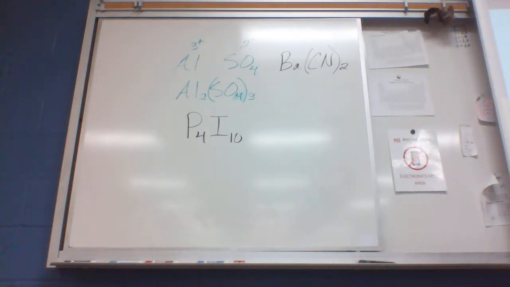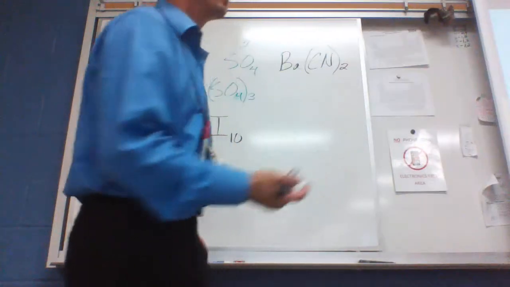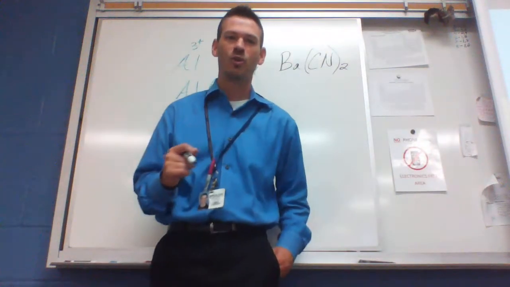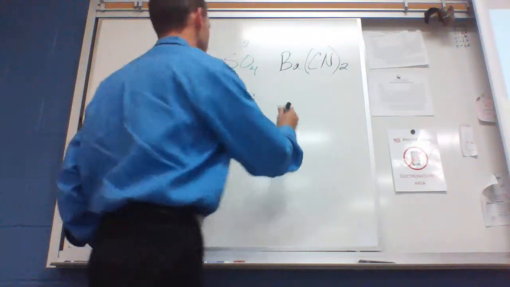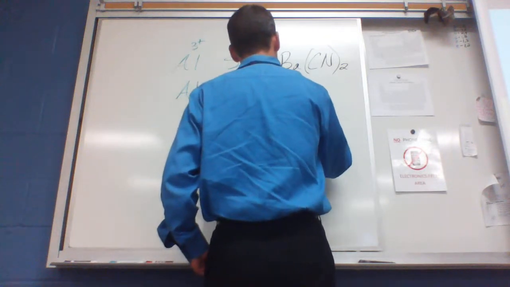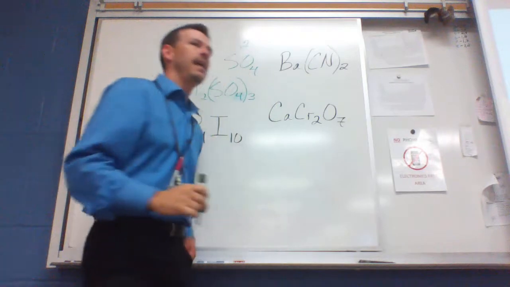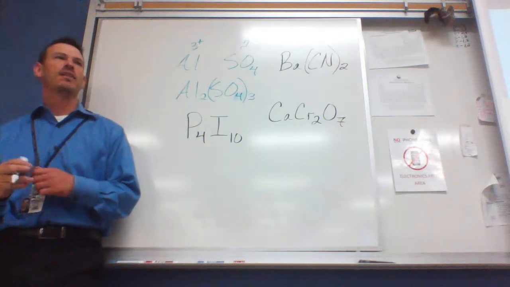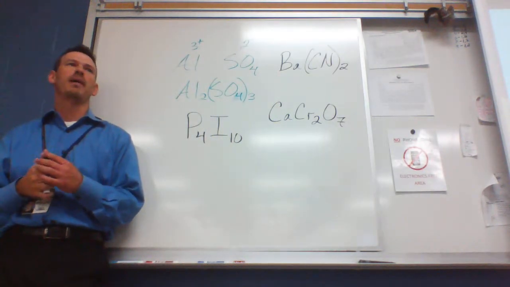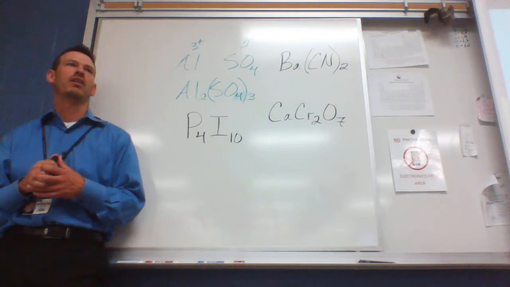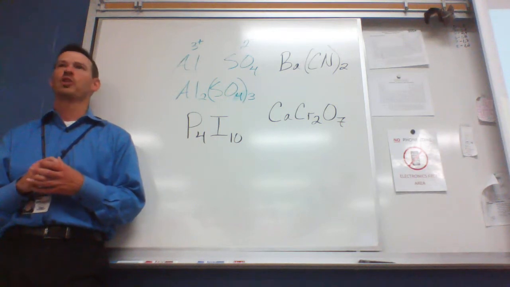Let's go to cluster 3, seat 4. I don't know what's happening. What did you get for calcium dichromate? I got CaCr2O7, that is correct. Calcium is +2, dichromate's -2. There's a reduction. Questions on your ionic